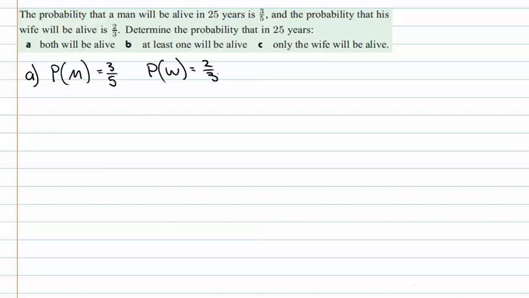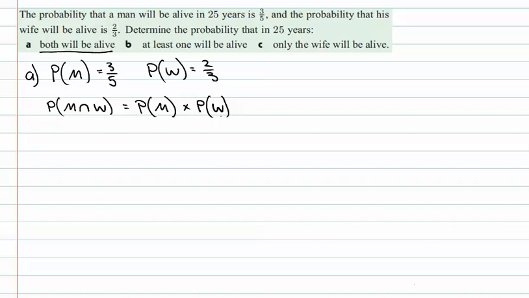Okay, so for this first question, we want to find that they both will be alive. So that's the probability that the man and the woman will be alive. Now the equation for this is the probability of the man multiplied by the probability of the woman. Now we can use this equation because